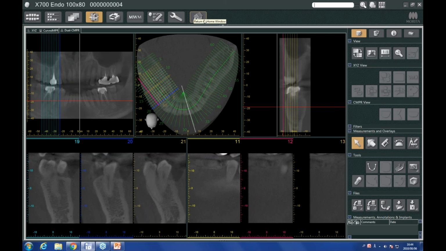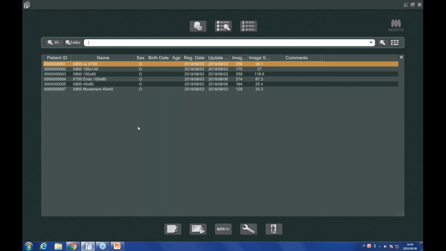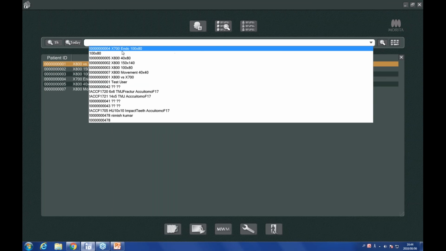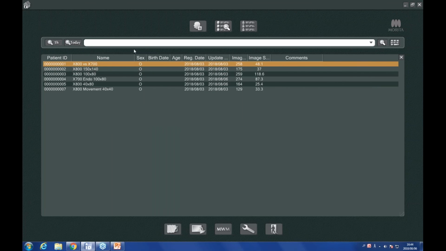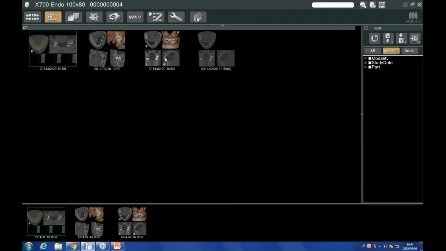Now, I'm going to go back to the home screen, and this is going to close all of this information and bring me back to my patient list. If I was to open that patient again, I can quickly find them right here at the top of my list, because this is the most recent one I was working on. And I just want to show you briefly what the difference is in the patient folder. You can see now there's 3 additional